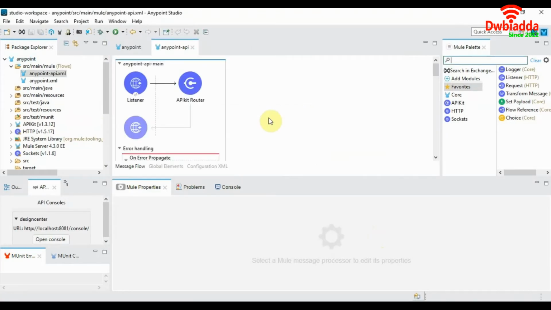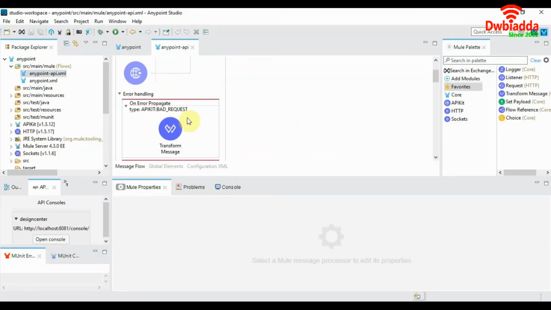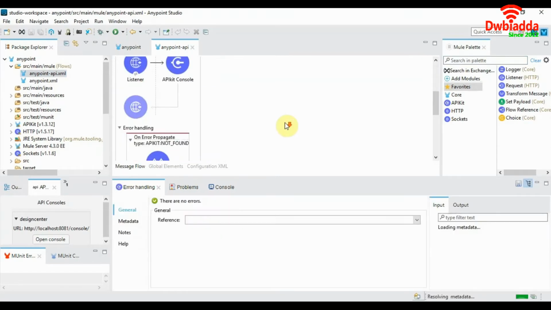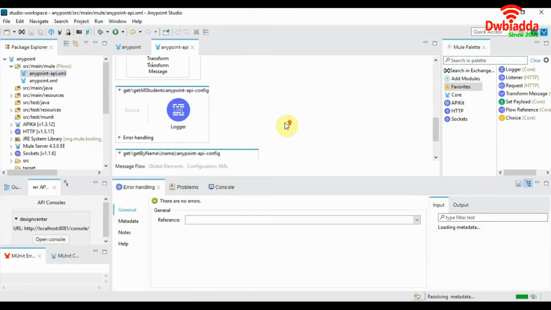Once Studio has successfully imported your RAML into the project, you'll see a new flow created by the name of Anypoint API, or the name of the RAML that you just imported from Design Center. If you look inside the new XML file, you'll see that an APIkit router has been created and it contains the basic error handling for our API as well as the two endpoints that we had specified in our RAML.